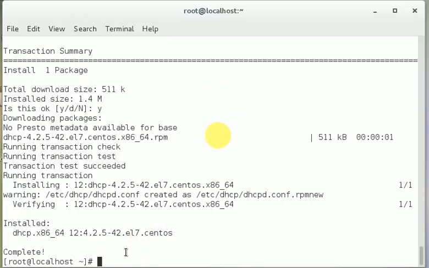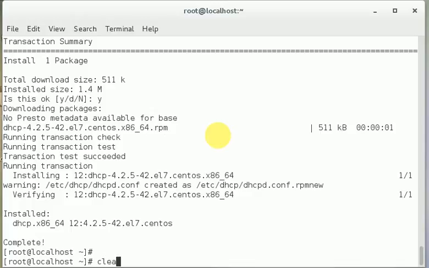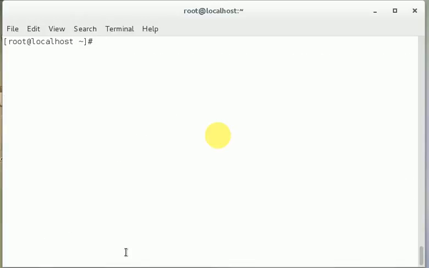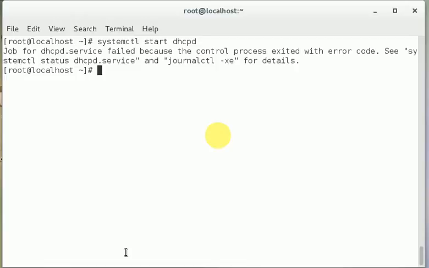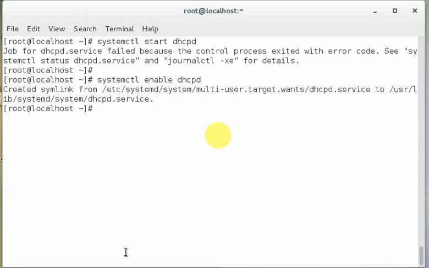So the installation is completed now. The second thing we need to do is to start the DHCP server. So the DHCP server has started. Now the next thing we'll do is to enable it. So it is enabled. Now the other task that we are trying to do is to create a configuration file